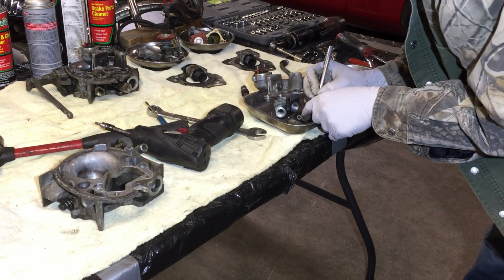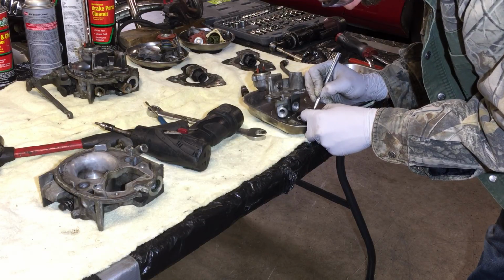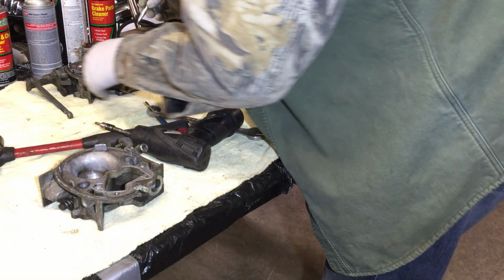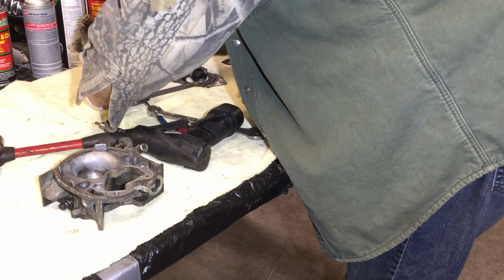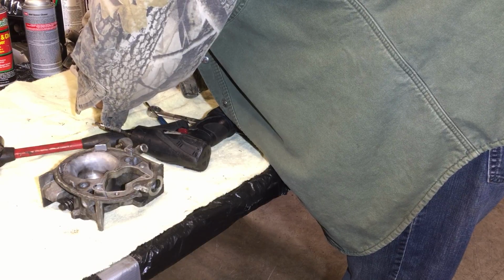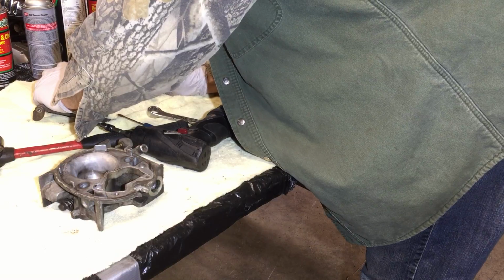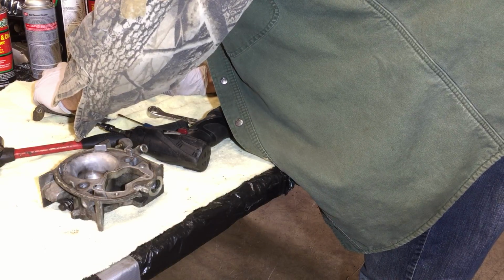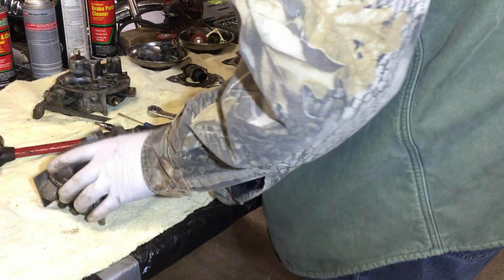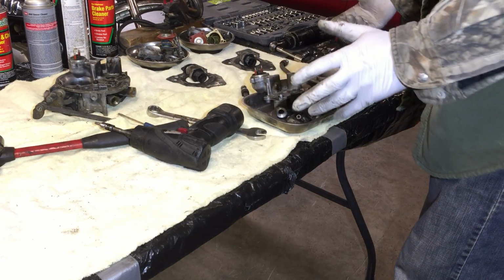We'll go front, middle, let's put an M, keep it real simple, I guess, right? This is the rear, middle, and this one would be the outlet. Cool. So we have our throttle body basically completely apart, and what I'm going to do